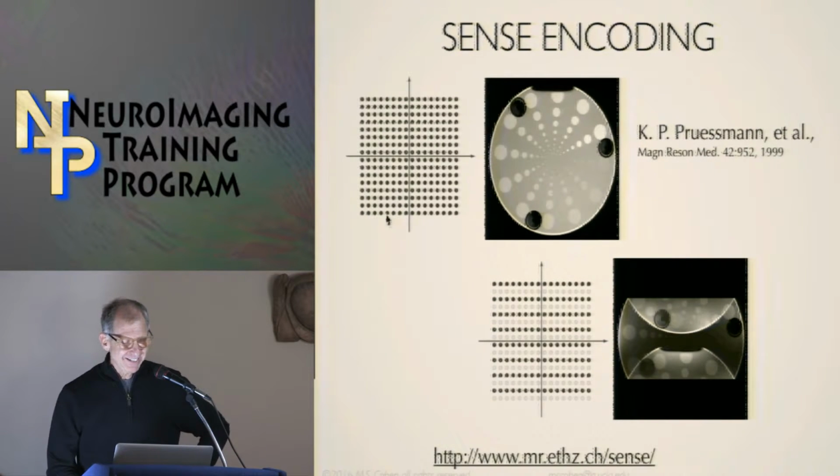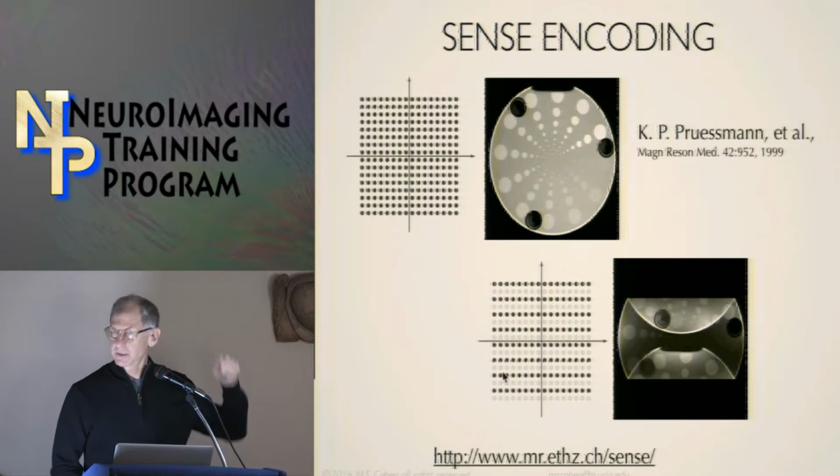So here is an image which requires a lot of lines of data to form. If I acquire only half of those lines, I end up with an ambiguous,